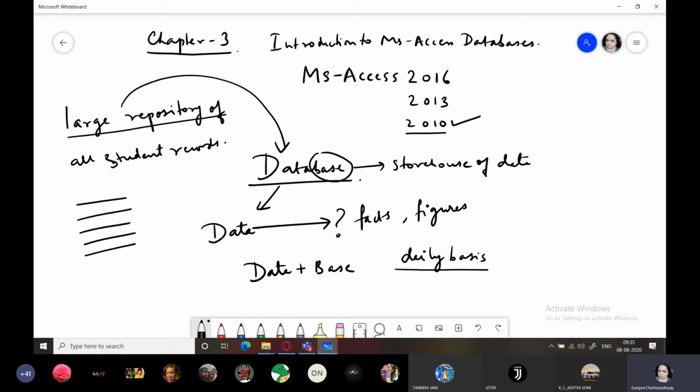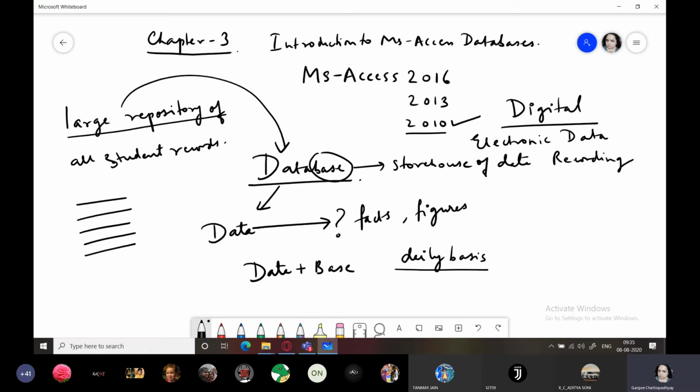So these days, why are databases needed? Because they provide a digital alternative to storing data, also known as electronic data recording. Otherwise, you had to maintain large files, stacks of files stacked in cabinets and racks spreading throughout the room.